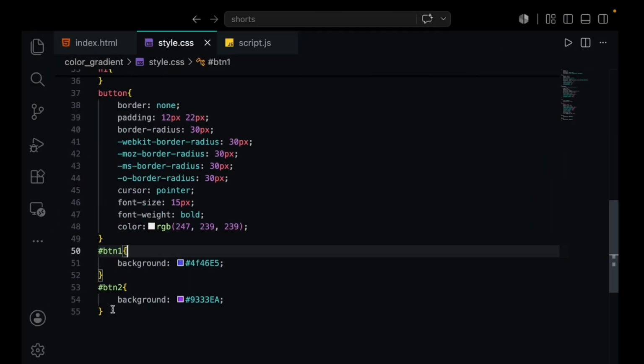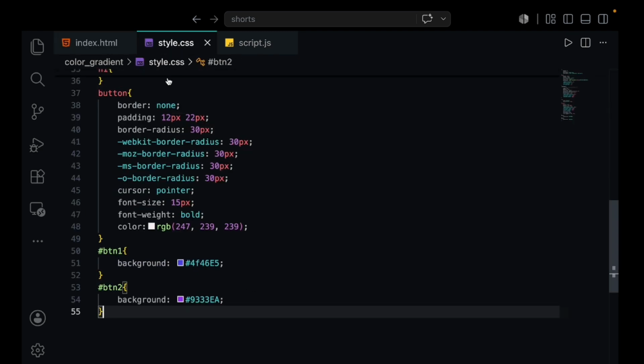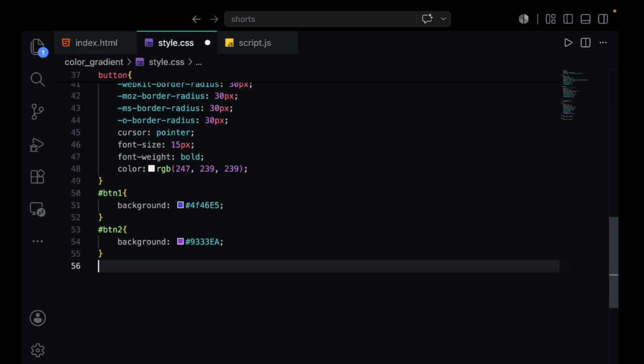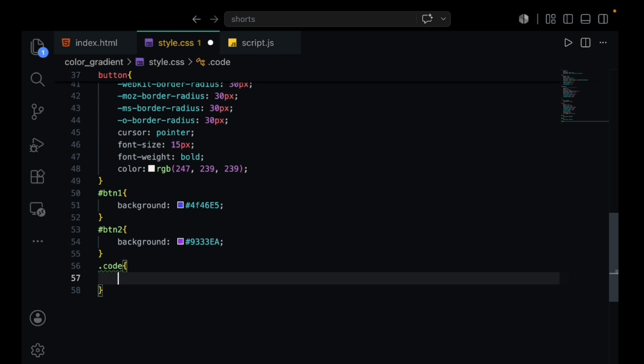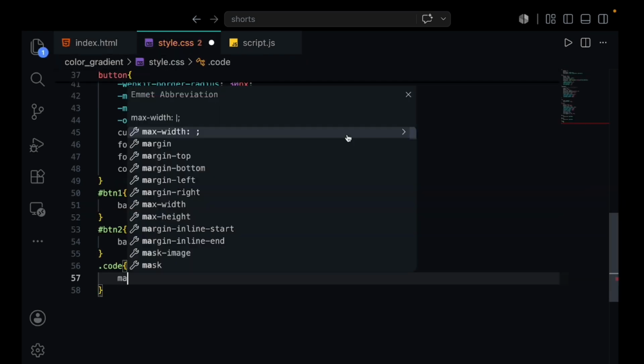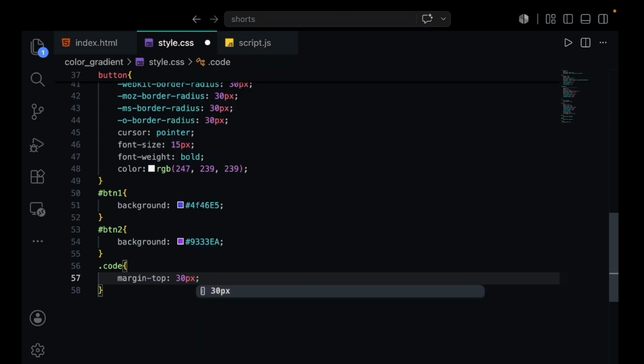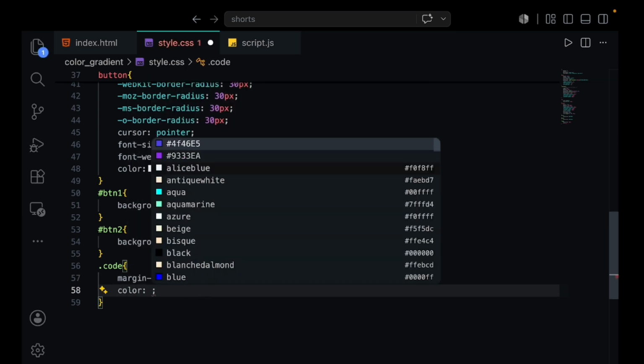Now what we have, yes, we have this div block where we're going to define that code of our color. So for that we have dot code. We have a code class, right? And inside that, let's give a margin from the top side. I'm gonna give 30 pixel. And after that, let's give a color similar, that white.